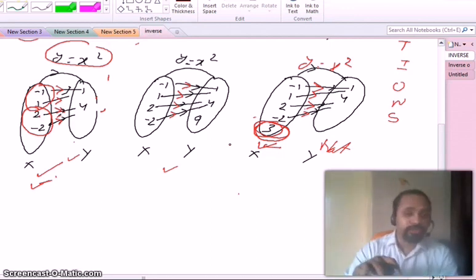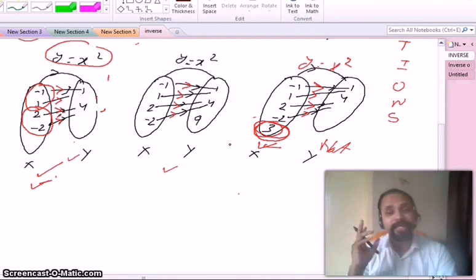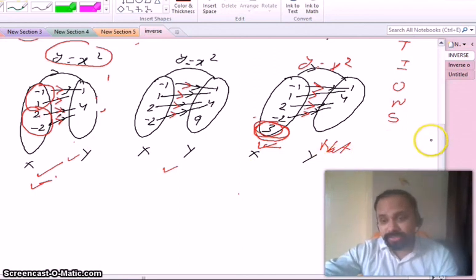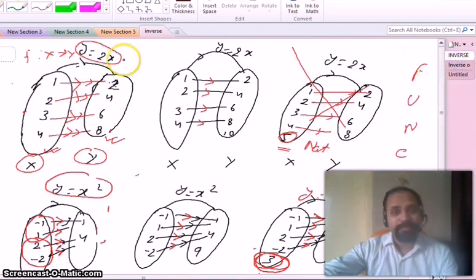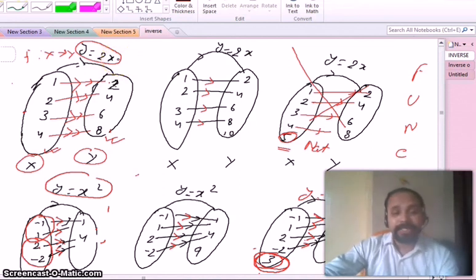But if we switch on the fan and the fan does not revolve, that means we can say that is not a function. That means for a function, every element must have an output. Every input must have an output. If that condition is satisfied, then only we can say that that is a function. Okay, and the basic criteria of inverse of a function is what?